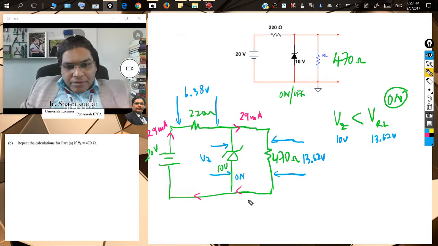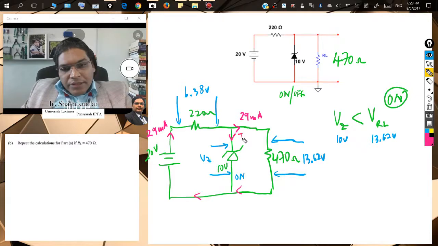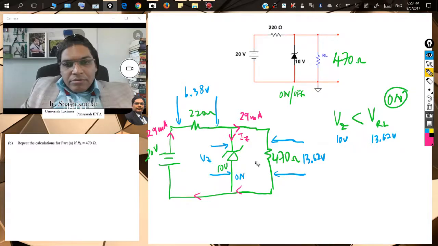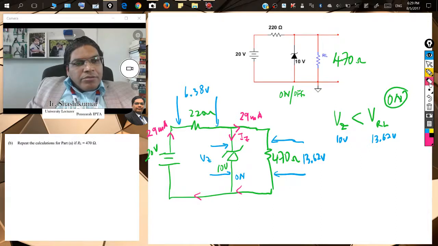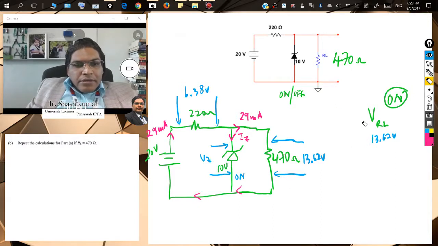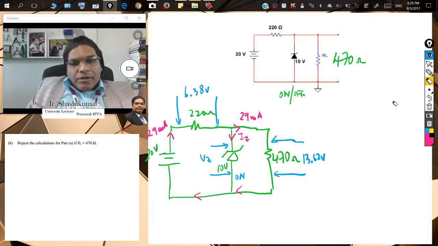If the Zener diode is on, then you will have a current passing through here, IZ. And now the complication starts in the circuit, where all these parameters that you calculated are no more valid. The voltages and currents that you have calculated are not valid